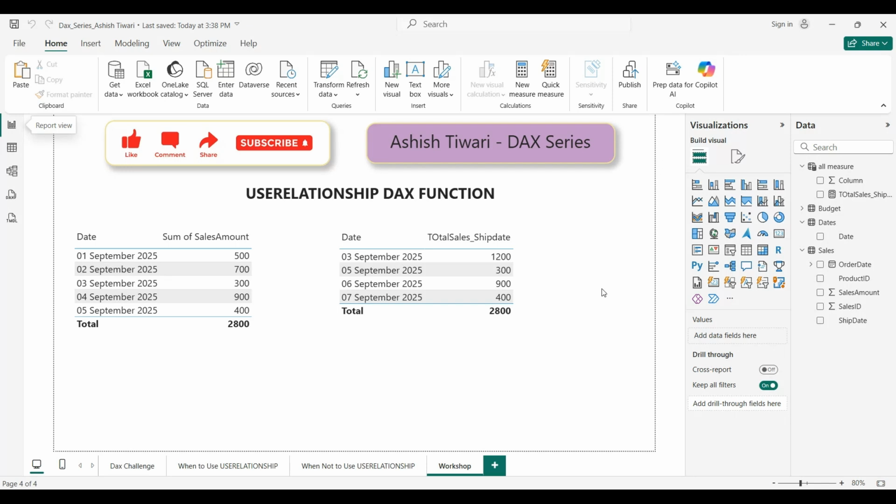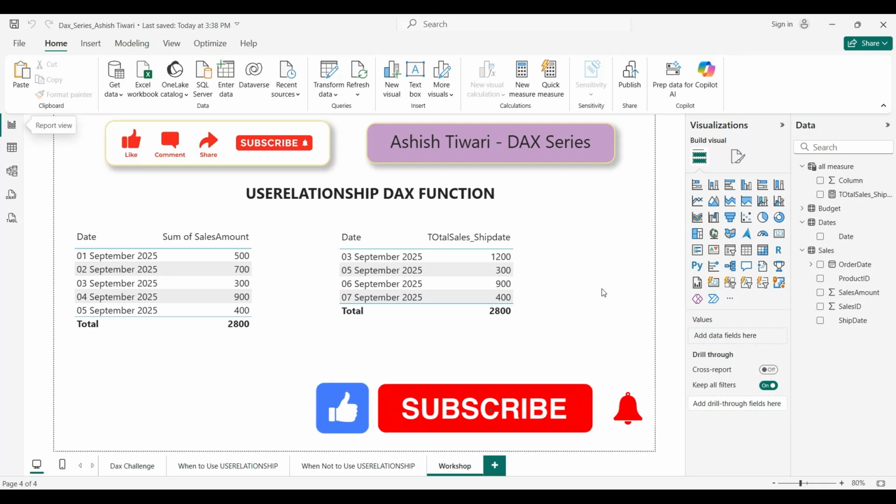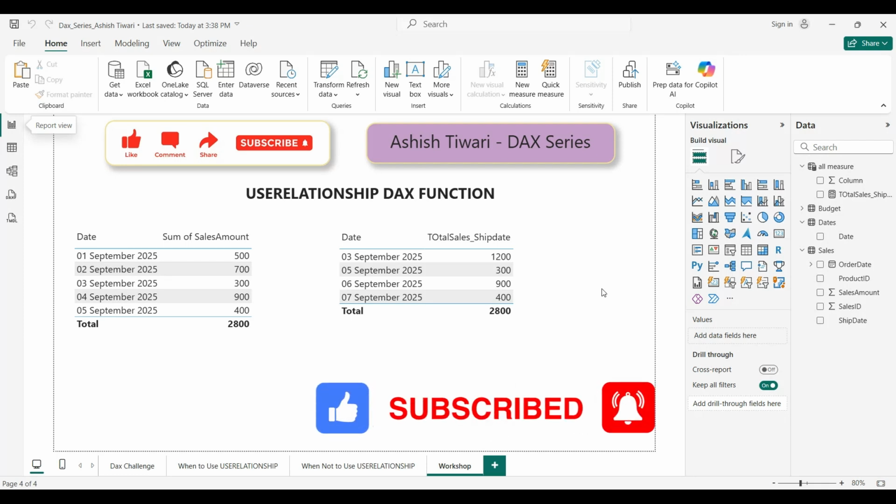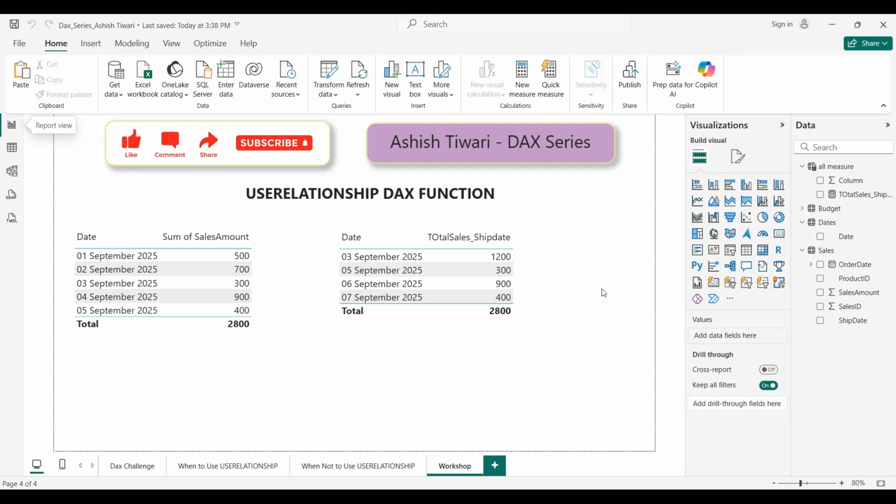And I hope now you are able to understand when we are going to use the USERELATIONSHIP DAX function. And I would like to recommend you to watch the PRETEST DAX function also, so that you can have a better understanding. And whenever any interviewer is asking you about the difference between USERELATIONSHIP and the PRETEST DAX function, then you can